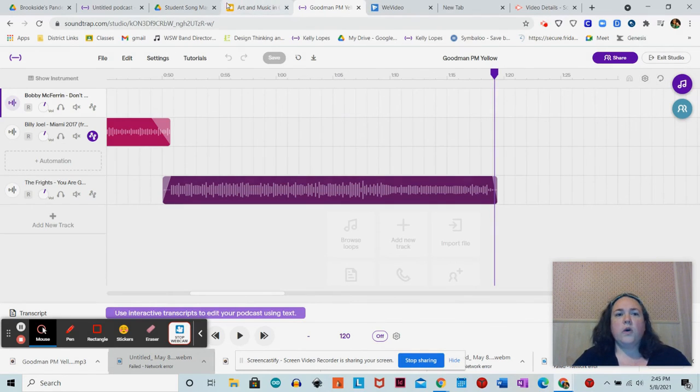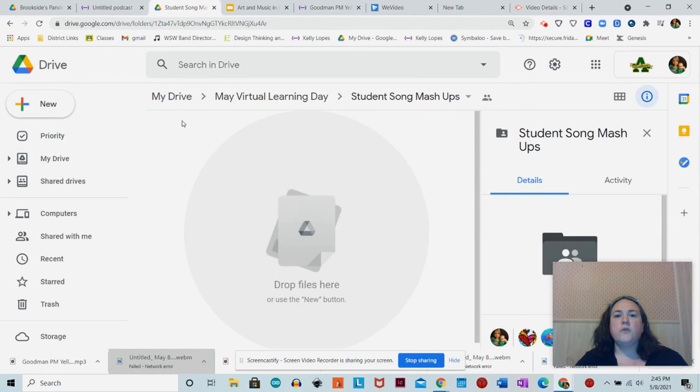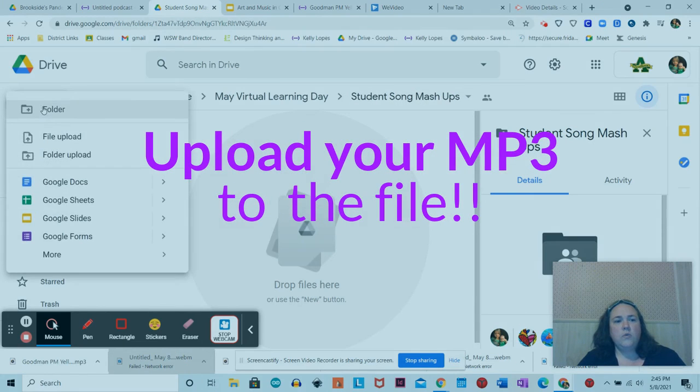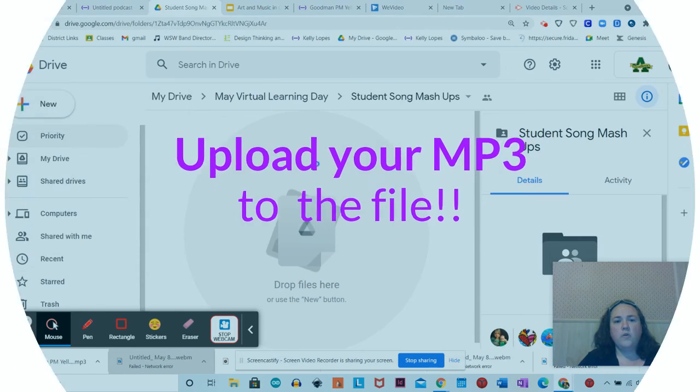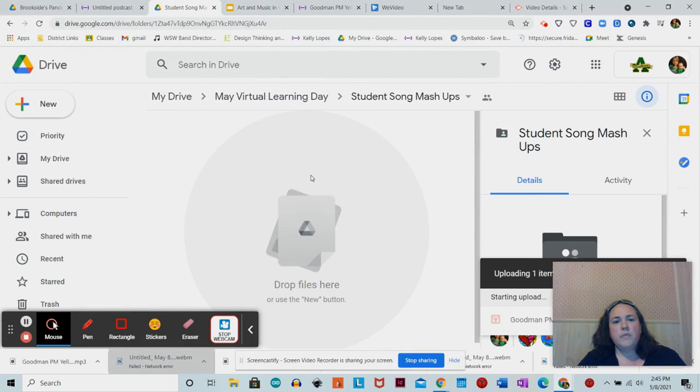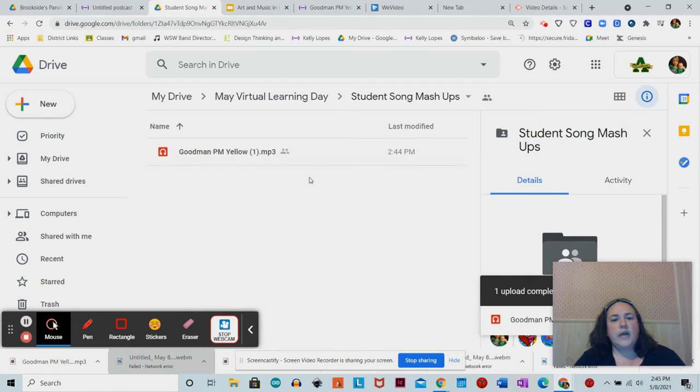Please make sure when you are done, when you have that downloaded, that you go to, there should be a folder that your teacher sends you, and it should be called Student Song Mashups. Make sure that you go to New, File Upload, and then upload your mashup, okay? Open, make sure it goes in there because that is your contribution to this, okay? So make sure you do that, and